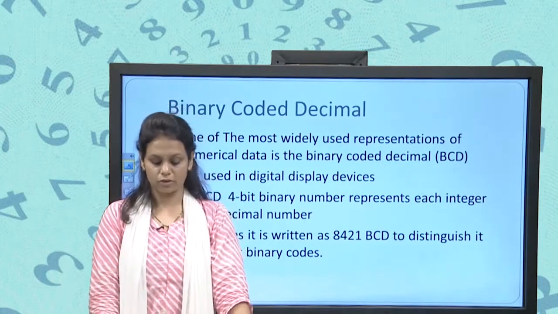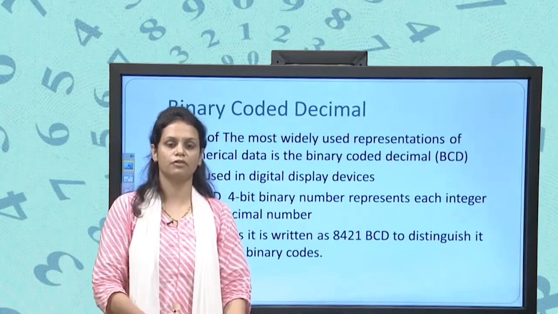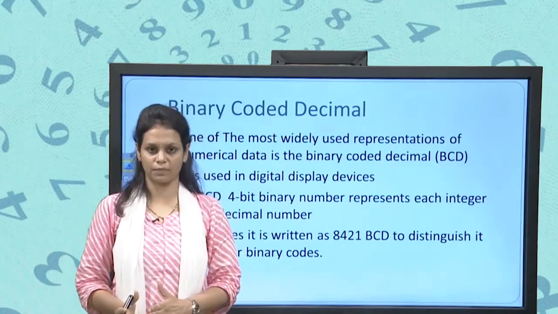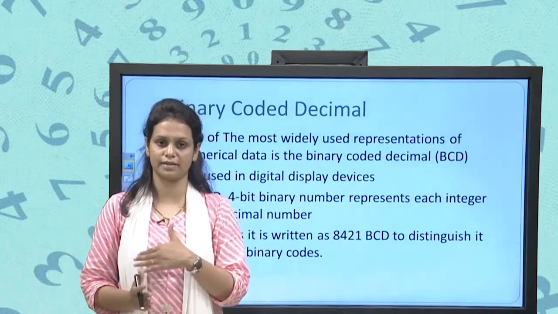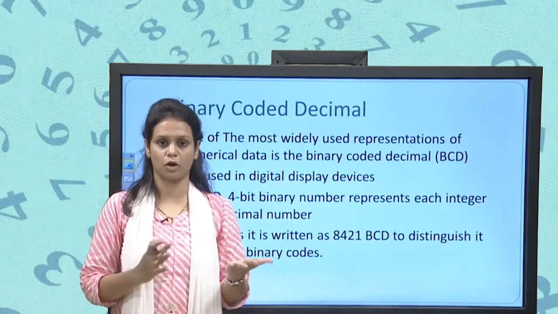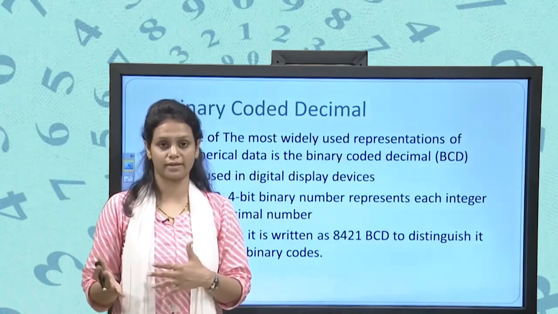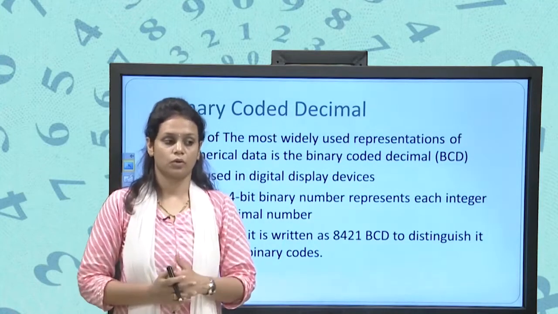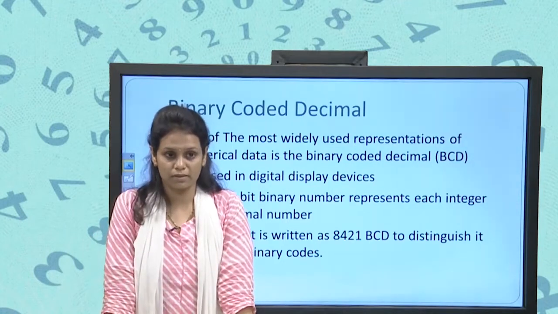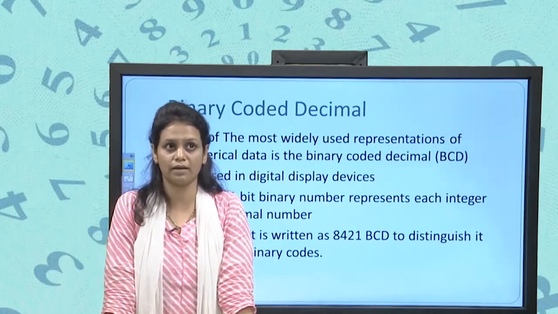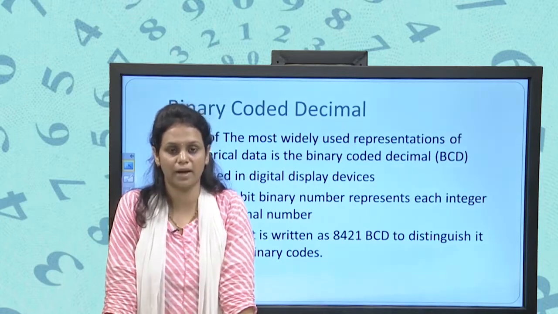Now see, we also have seen the conversion from one base number to another base number, like from decimal to binary, binary to decimal, decimal to hexadecimal, hexadecimal to decimal, octal to decimal, octal to hexadecimal. Fine. So also we have seen the importance of negative numbers. That means how we can represent negative numbers in the binary system.